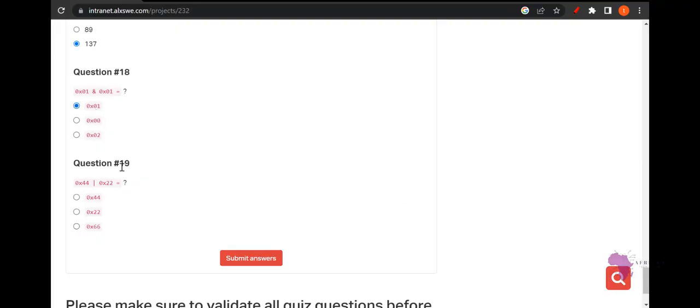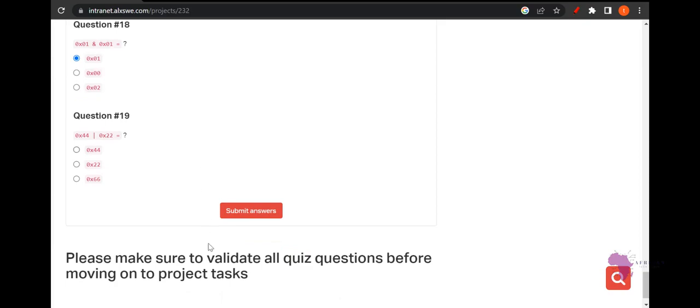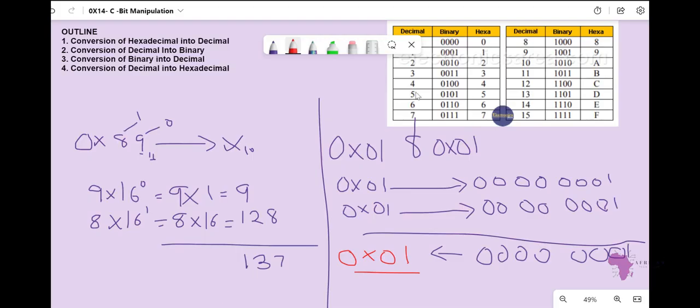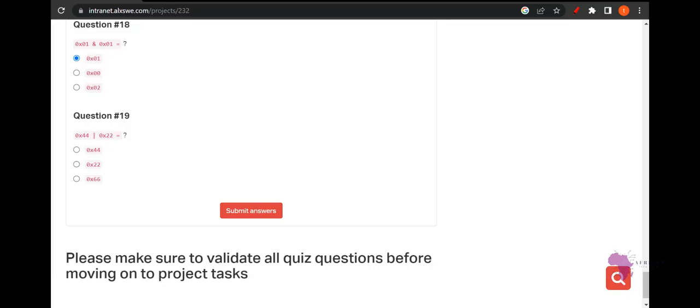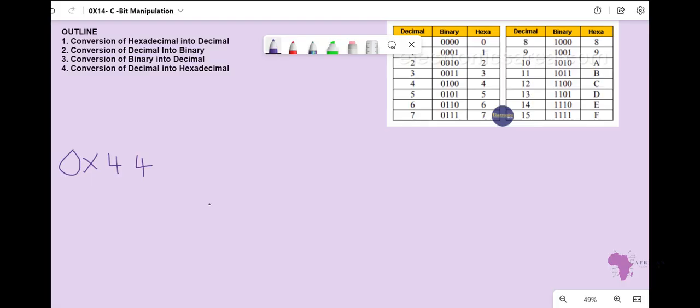So this is it. The last one, number 19, guys. Number 19, let me write. So our number 19 in this case, we have been given 0x4 OR 0x2. So let's have the binary of this. The binary of 0x4